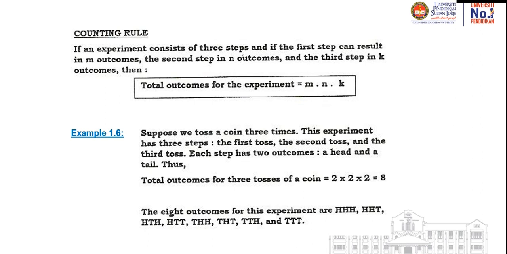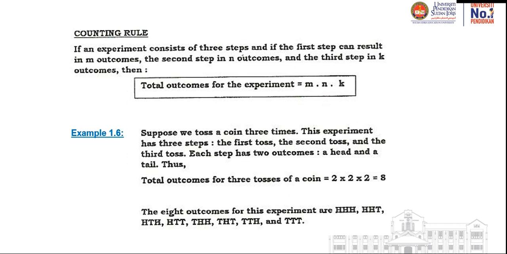For the first flip, the possible outcome is either H or T, head or tail, which is 2. The second flip also has 2 possible outcomes, and the third flip also has 2 possible outcomes. So each flip has 2 possible outcomes. That's why the total possible outcomes when you flip a coin 3 times is 2 times 2 times 2,